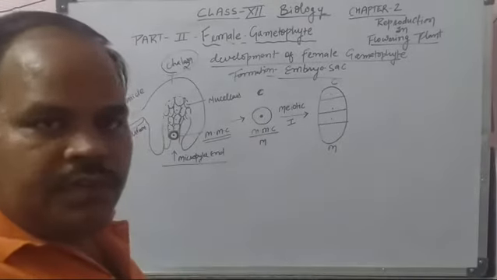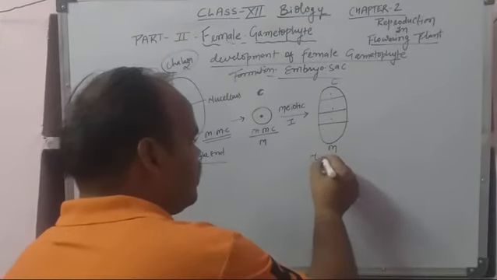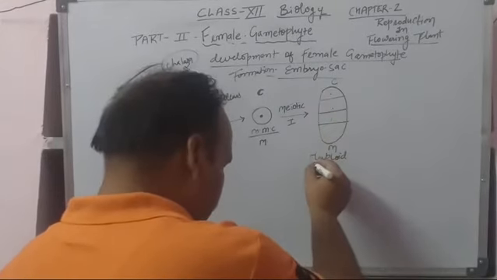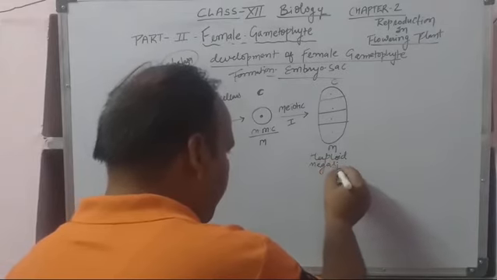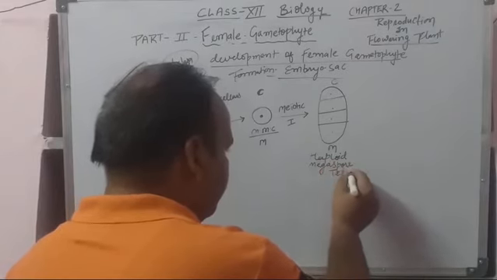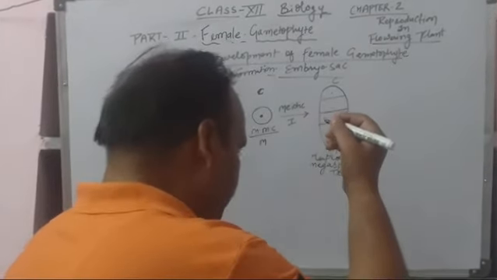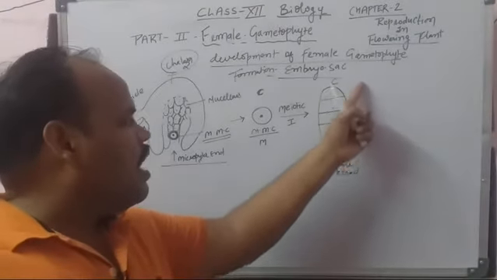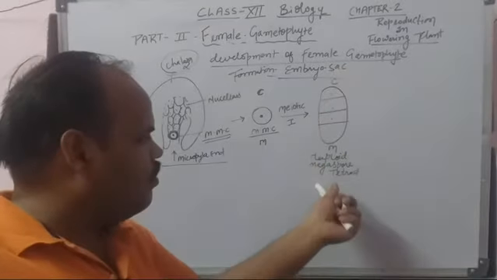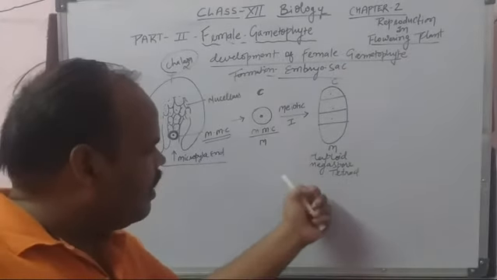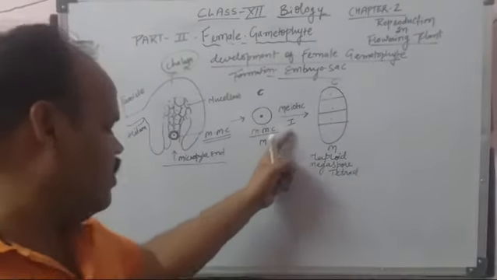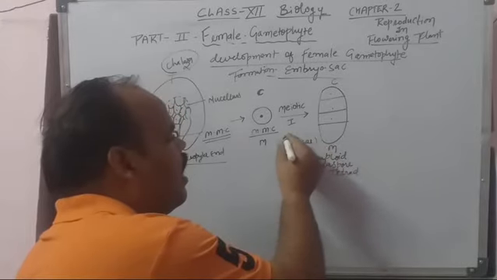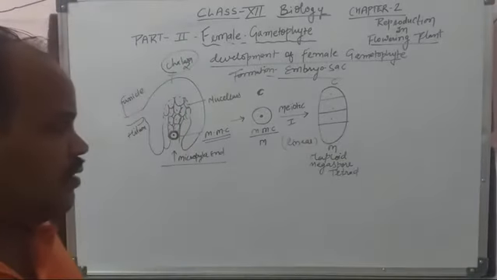It is the meiotic division, so these are haploid structures, and it will be called the megaspore tetrad. The meiotic divisions are performed by the megaspore mother cells, which form the haploid megaspore tetrad by meiotic division, and they are in a linear position. But there is a situation that